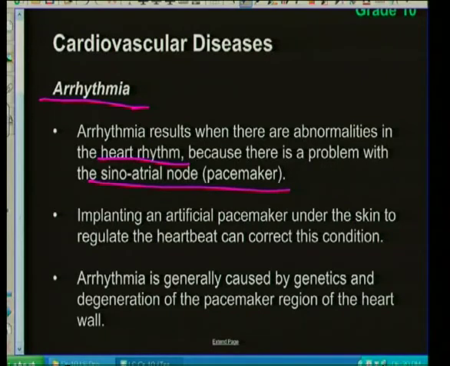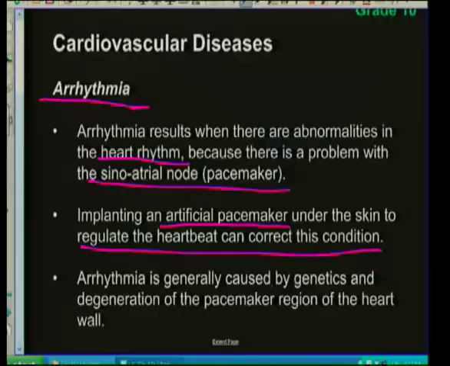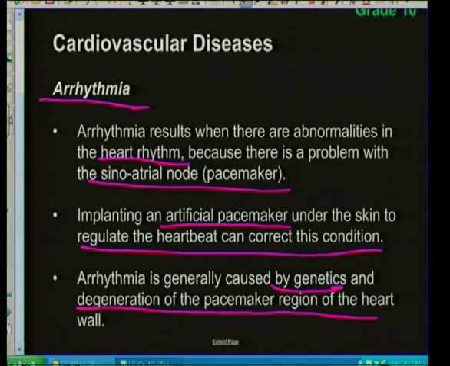How do we solve the problem? We implant an artificial pacemaker under the skin to regulate the heartbeat and correct this condition. So in other words, the nervous system will not be doing this anymore. The pacemaker itself, this electronic device that we've put in, will solve the problem. It's generally caused by genetics. In other words, you inherit this from your parents, and the degeneration of the pacemaker region of the heart